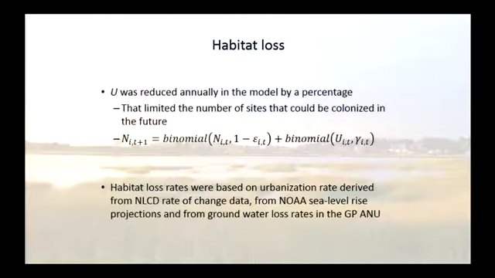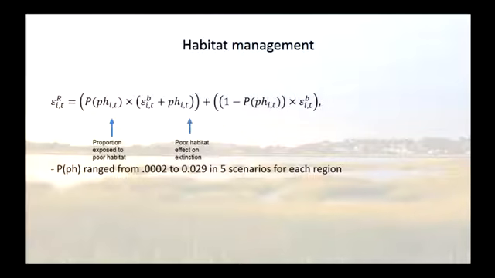And so that limits your ability to recolonize sites if they go extinct currently. And we based some of those habitat loss rates on NOAA data relating to sea level rise and urbanization rates throughout the range. And so they were based in reality of what might happen. We took the core NOAA rate of sea level rise and then added 10% and subtracted 10% to sort of get a good, bad, and okay scenario there.